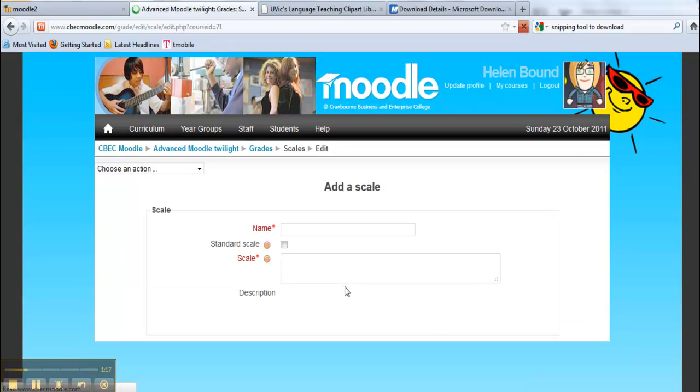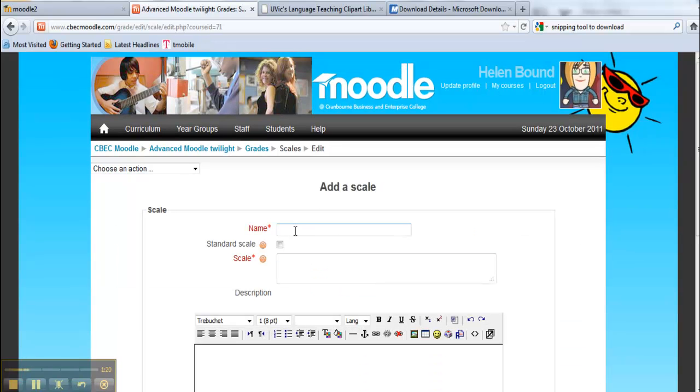Now I'm just going to add a statement scale, which is just talking about good attention to detail. I mean, it could be anything. You decide as a department how you want to do it. So I'm just going to call it attention to detail. And it's going to be a standard scale, and all you have to do is to write your scale with a comma between each statement. So I'll start off with excellent attention to detail,